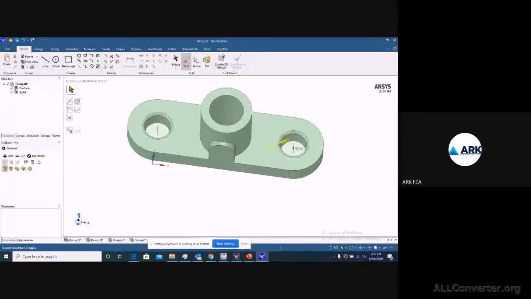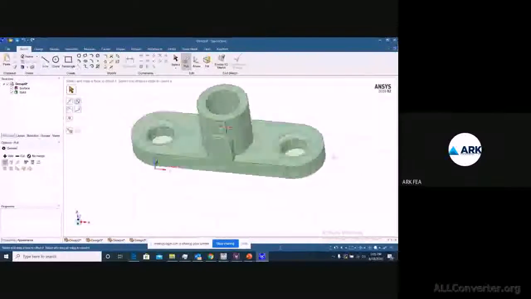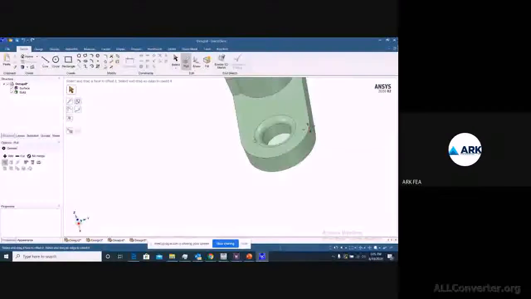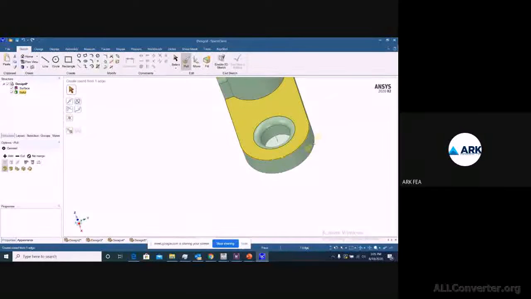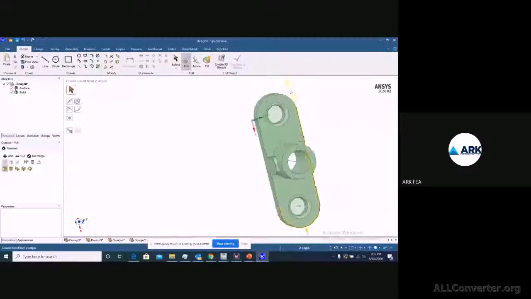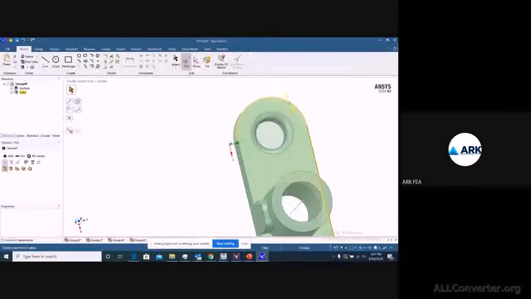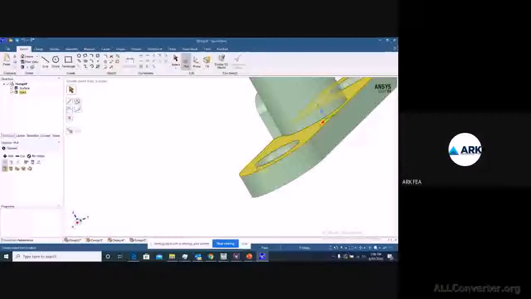So we can give it 0.2 or 0.15. Right, so we have given it here, and we also need it in these parts. So you can just select the edge, and you can give a round.